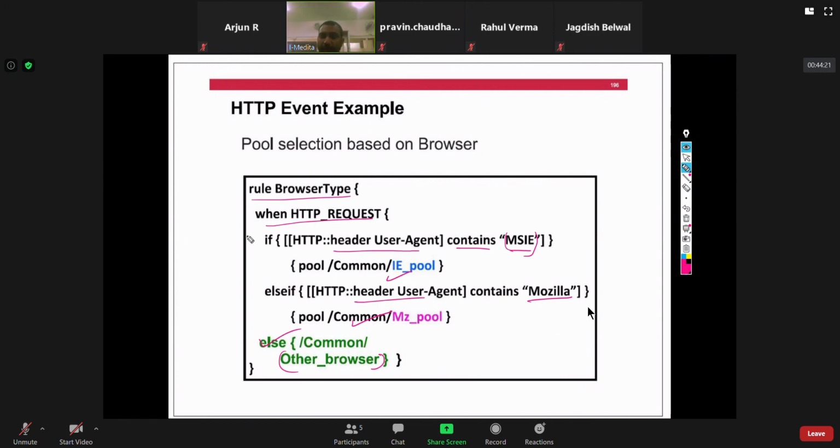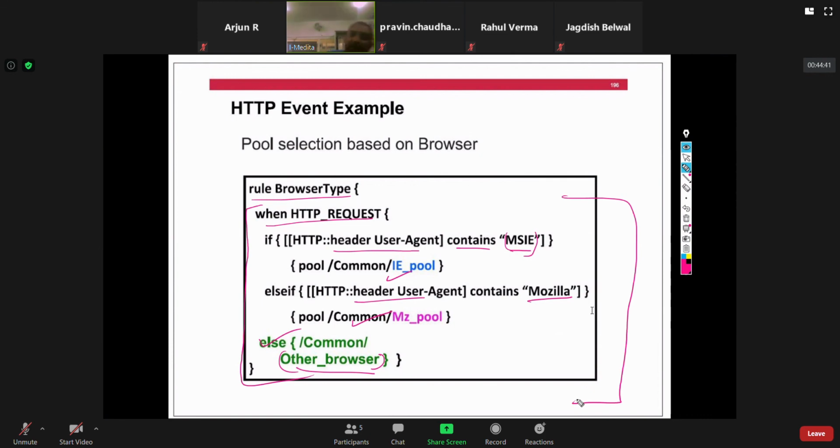But to apply this iRule, remember that it is mandatory for your BIG-IP to perform HTTP inspection. Because if your BIG-IP is not performing HTTP inspection, then it will be difficult, in fact impossible, right, guys, to open up your HTTP request and identify all these components.